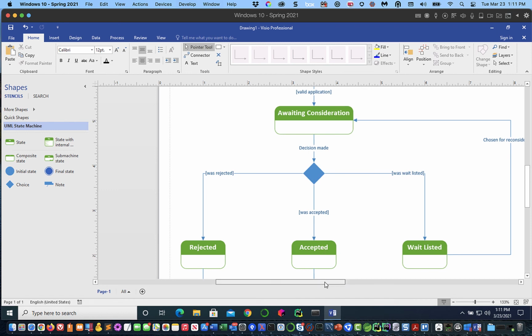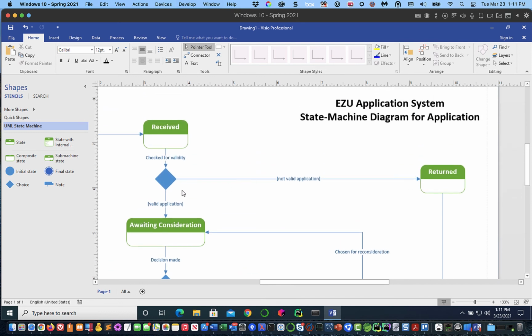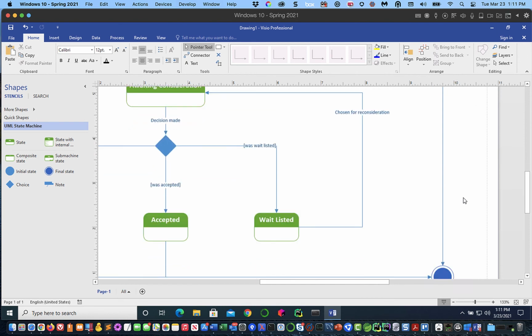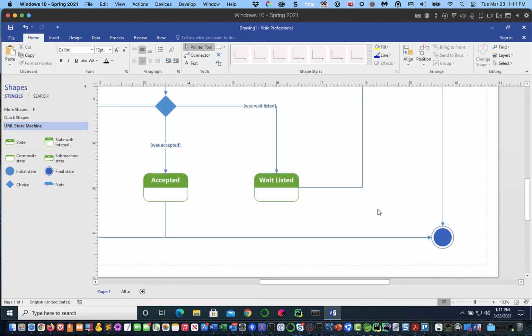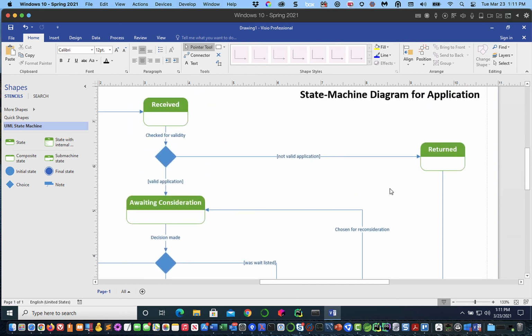Okay, there's a similar process that's going to go on with the applicant where we return the application. And if they decide to fix it and send it back, we're either going to return it again or it's going to go into awaiting consideration. So while it's in this return state,